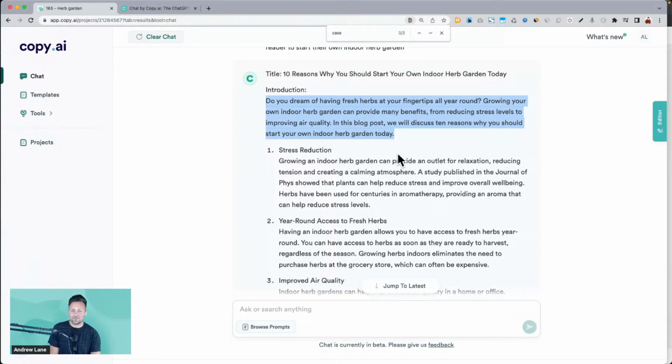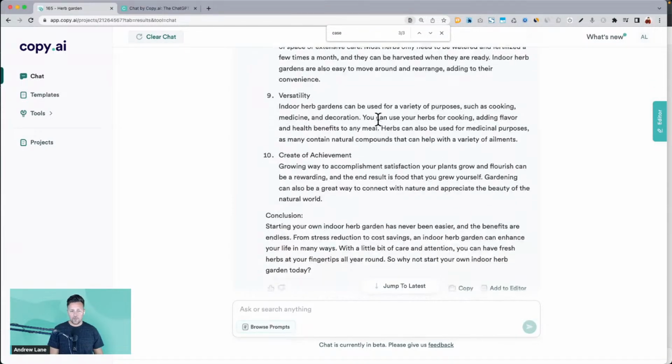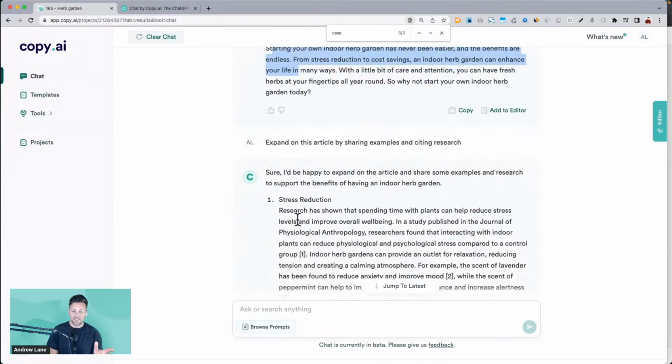They've trained this data for these specific use cases. So what you're getting with Copy AI is the best of the best, right? This is trained on these types of use cases that you're finding in the prompts. So we can see here, the blog is looking pretty good. And a conclusion. The next thing I did is I said,